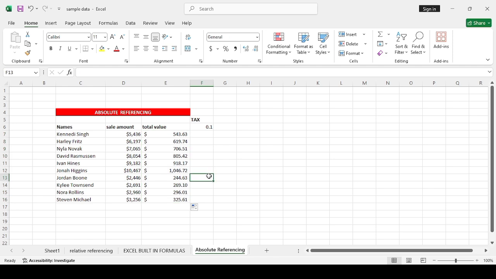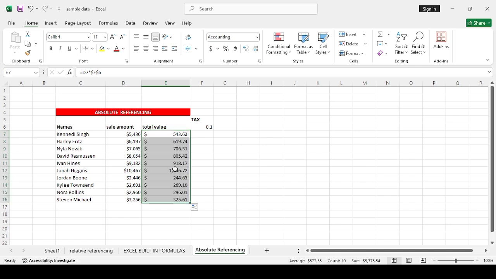All right, good. So what we're supposed to do is this. We'll multiply. Let me clear this content. So to do absolute referencing, I'm multiplying by F6, written as $F$6. Note that. So we are multiplying this value by $F$6. Just adding the dollar there makes it absolute. So if I drag this one down now,